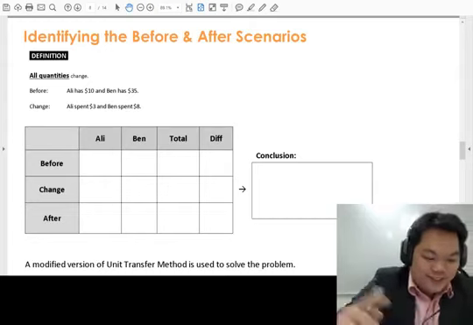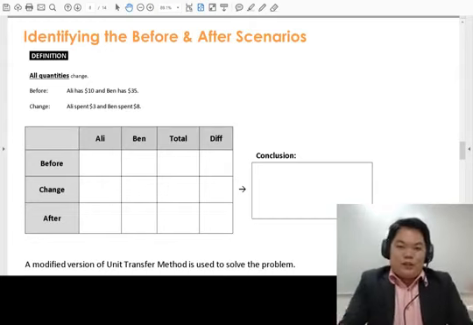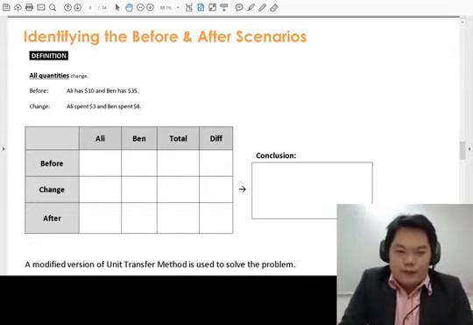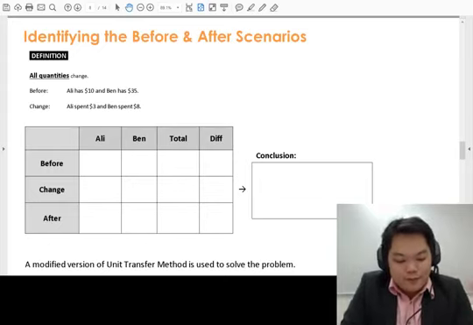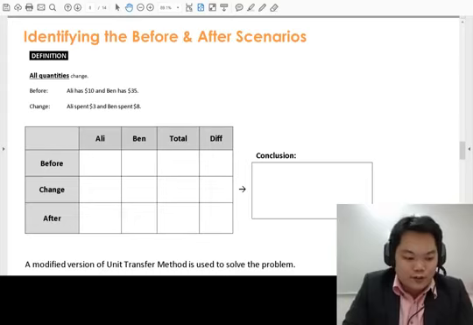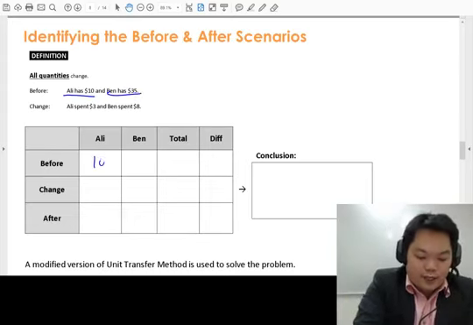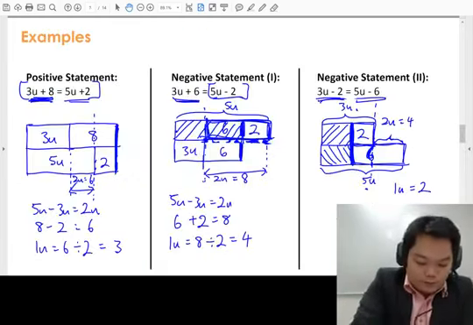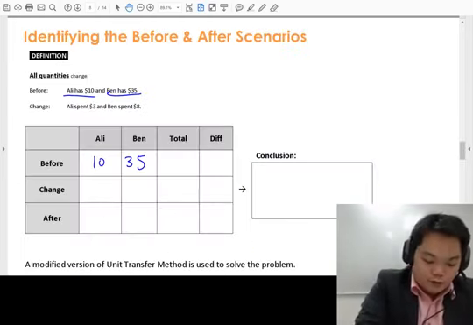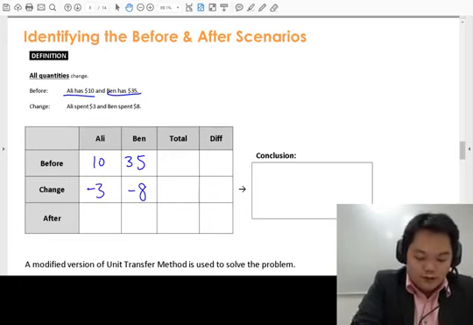Let's carry on. Now this will be the 4th case on how to identify the before, change and after. For this is the all changing quantities. Let's just discuss what it is real quick. Let's say that Ali has $10 and Ben has $35. Ali spent $3, Ben spent $8. Ali would have $7 remaining. Ben would have